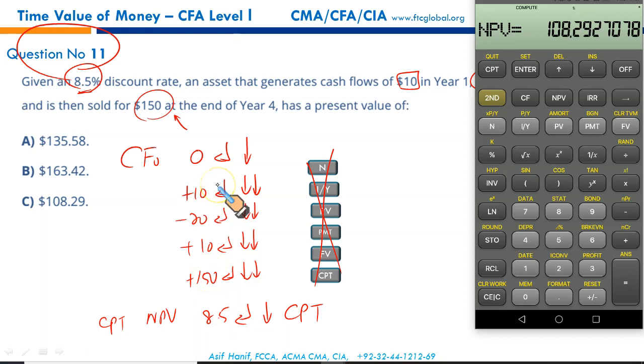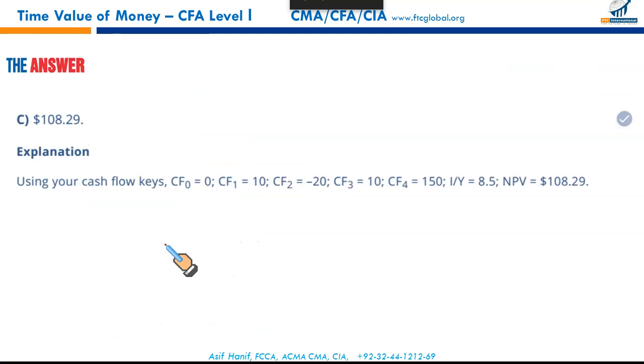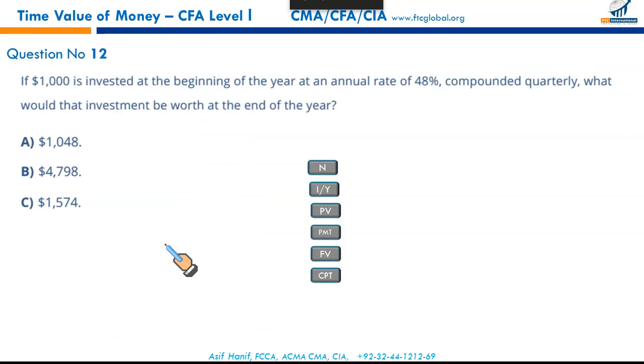So this is the recommended approach to calculate the present value of uneven cash flows. If you have to calculate the future value of uneven cash flows, you will have to calculate the future value of each individual cash flow separately. But that is the recommended approach. So that gets you C to be the correct option. Moving on,